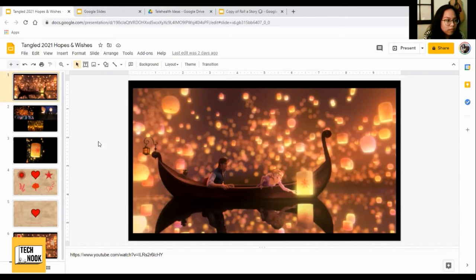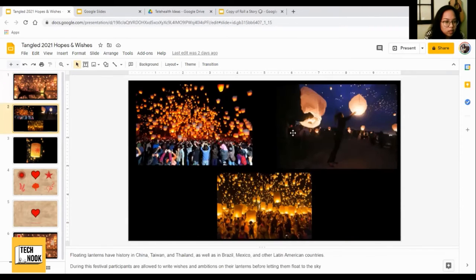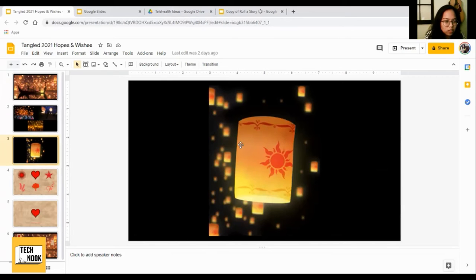And in this session, basically, they got to create their own lanterns. So we watched the YouTube clip, and then we talked a little bit about lantern festivals across the world. And then we talked about how this particular one had design.